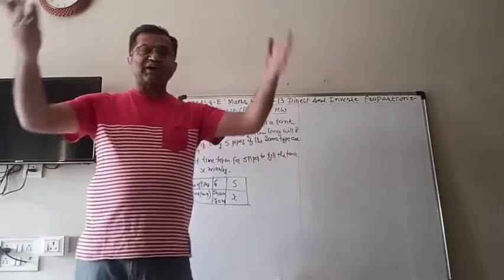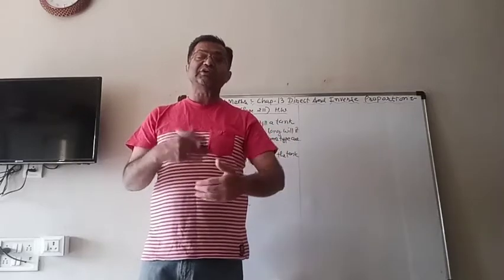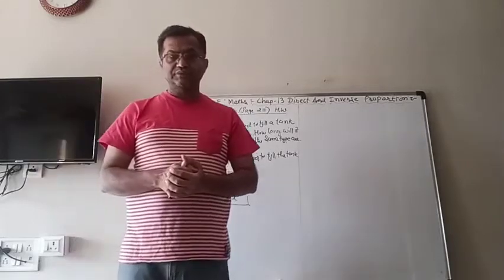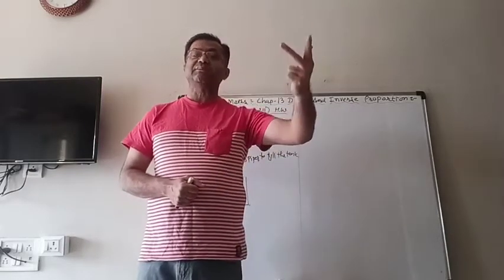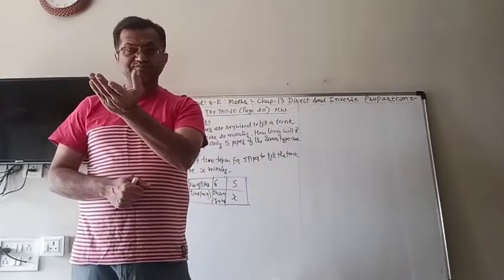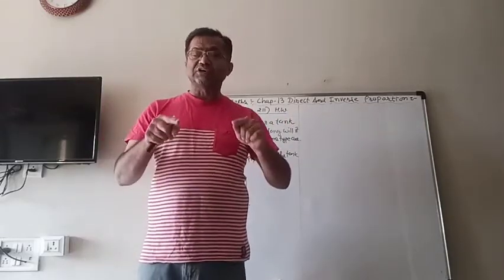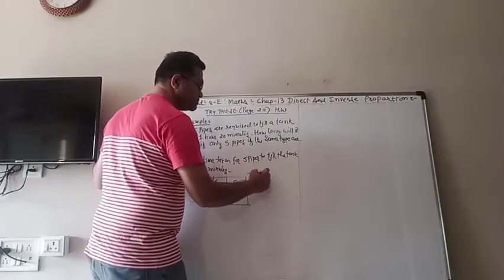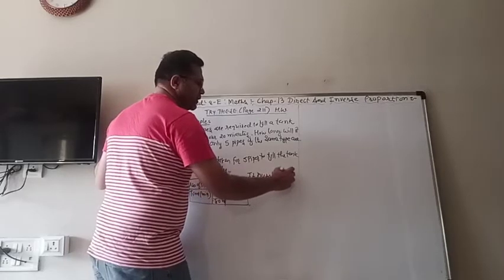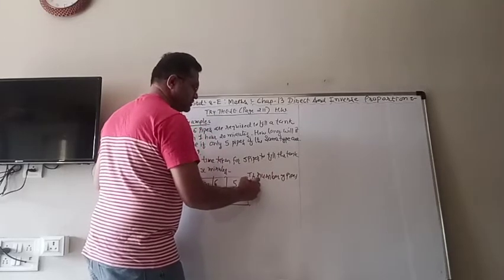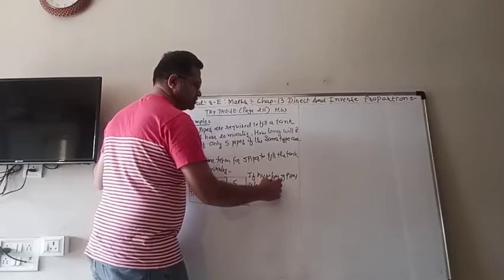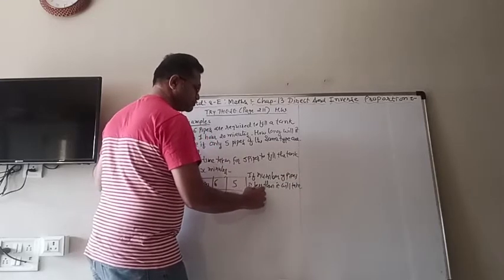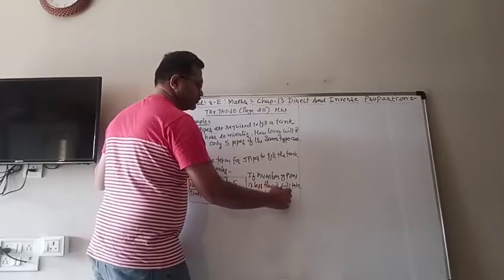Obviously, if 6 pipes are there, the tank will be filled quickly. But if 1 pipe is gone, only 5 pipes are there, it means that the time taken will be more. So the number of pipes is decreasing, time is increasing. So it is a case of inverse proportion. So we have to write down: if the number of pipes is less, then it will take more time to fill the tank.